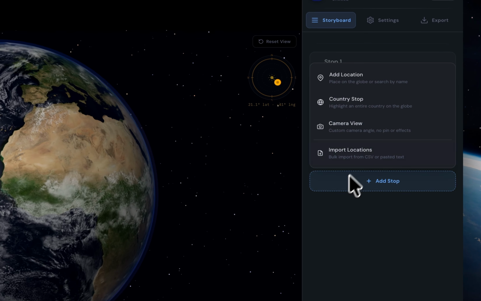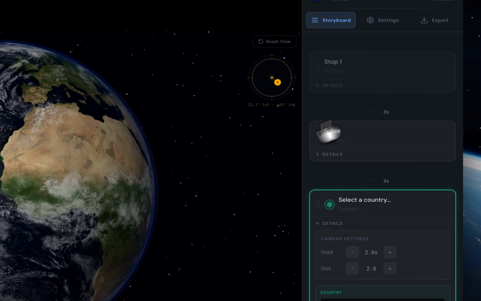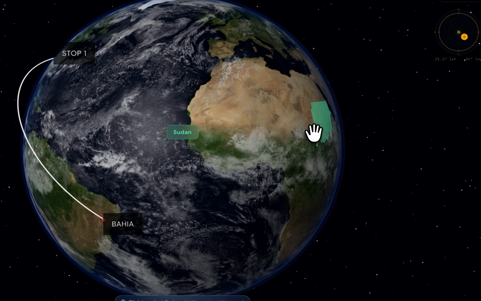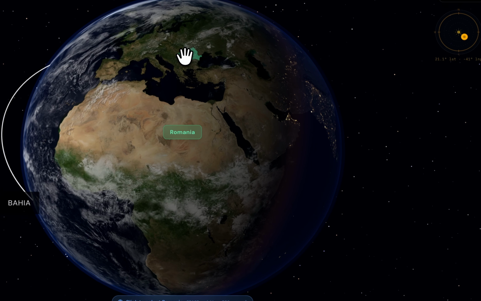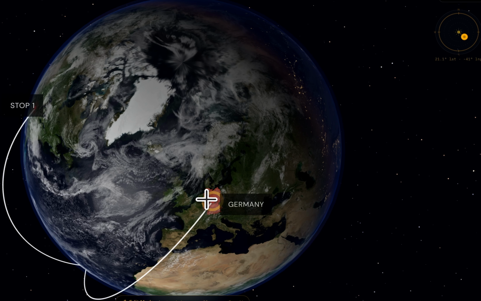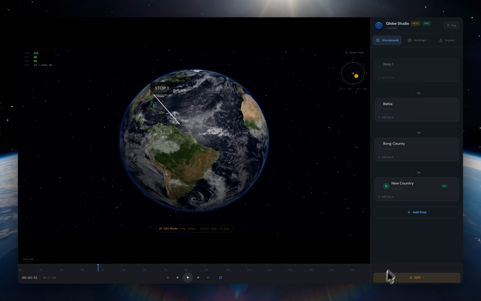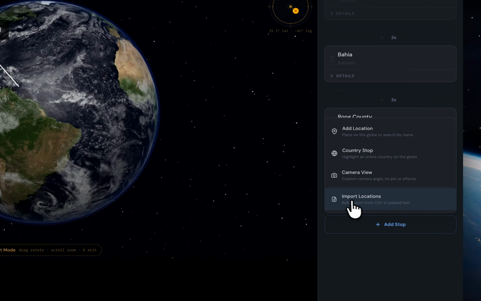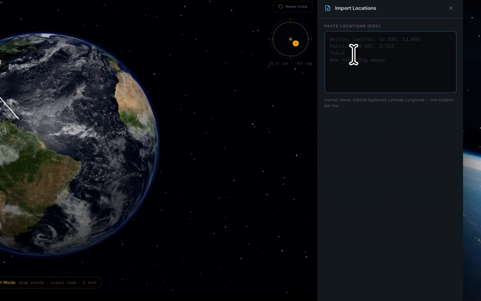You can also add a country. Simply add a country layer, select the country of your choice and click on it. To add a bunch of countries at once, use our importer wizard. Just add all the places, cities and countries,